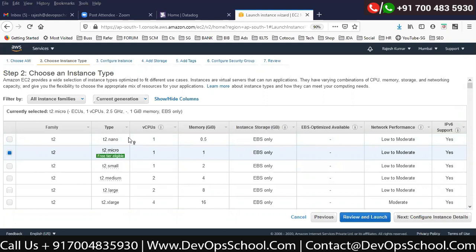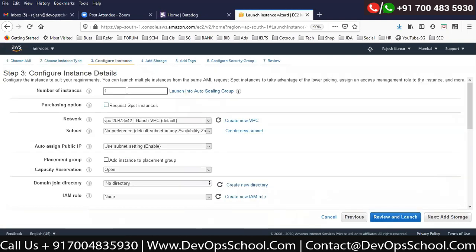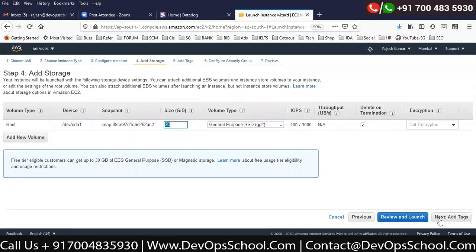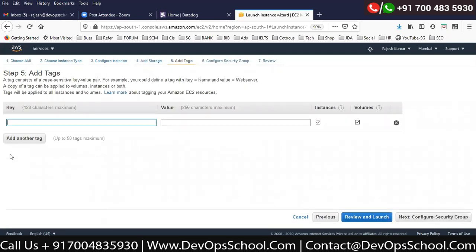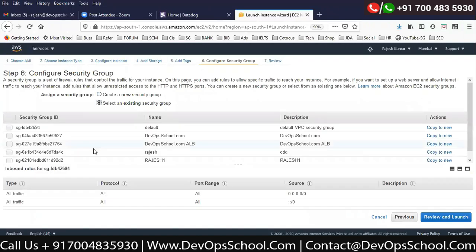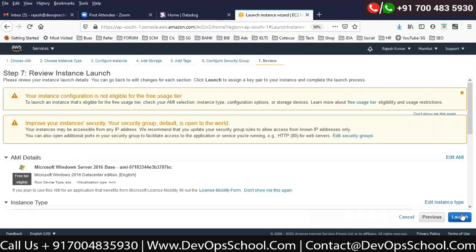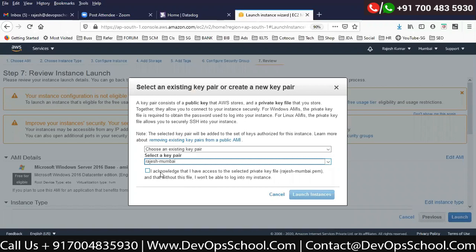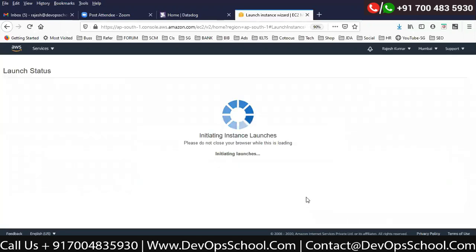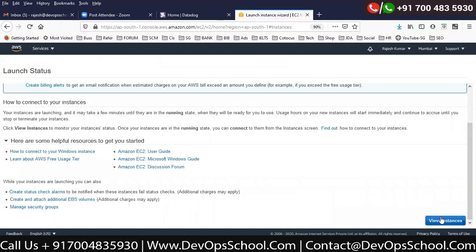Okay, so guys, this is the instance which I'm having right now. I'm going to create an instance of 1 CPU, 2 GB RAM, and here it is. One machine is okay. Adding the storage 30 GB. Tagging this, I'm giving a tag name Rajesh Win. Okay, and next security groups. I don't have any firewalls on my side. From AWS side, you will not have it also, and done. So now view instances.